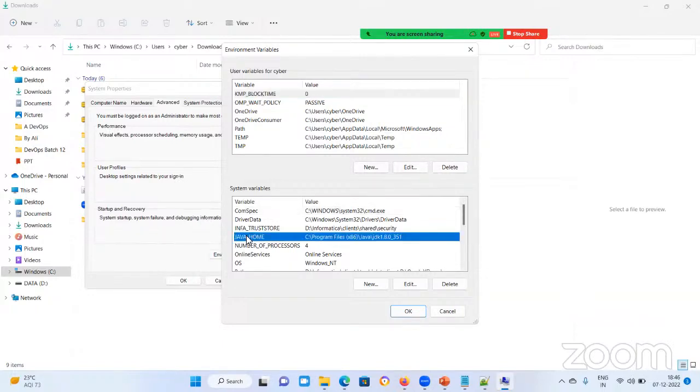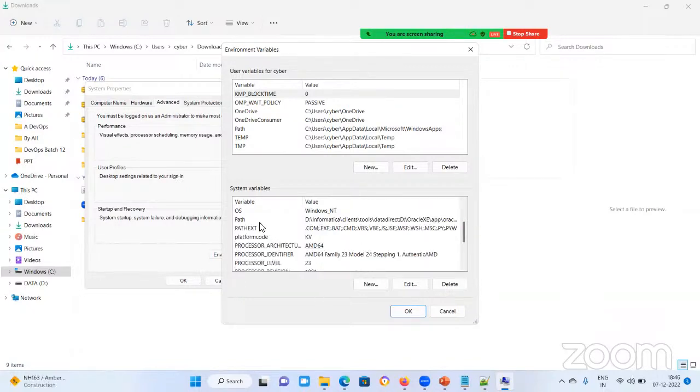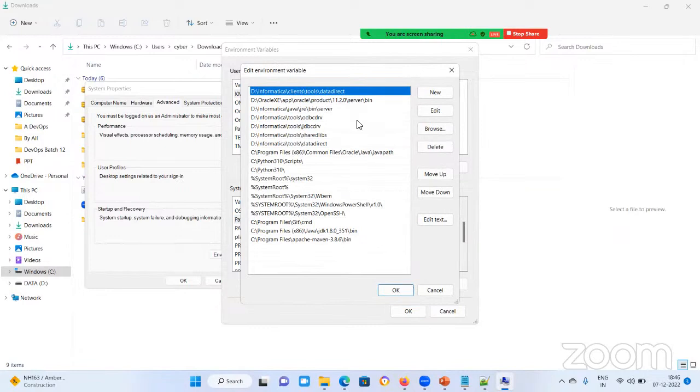I have already set up this Java home. I have already done this task. That is the reason I'm not going to do anything. But while you are dealing with that, you have to go to path and here edit. In this path, see, in the program files, Java path, and see here